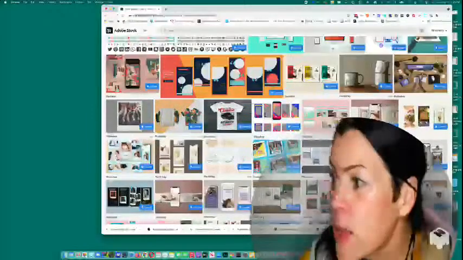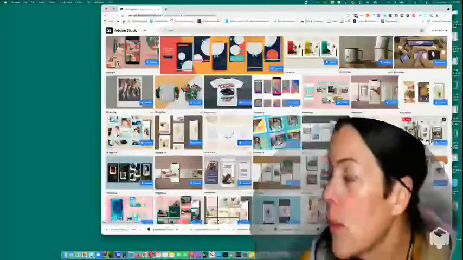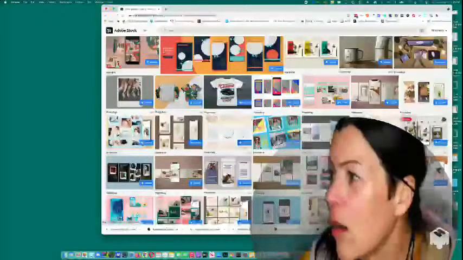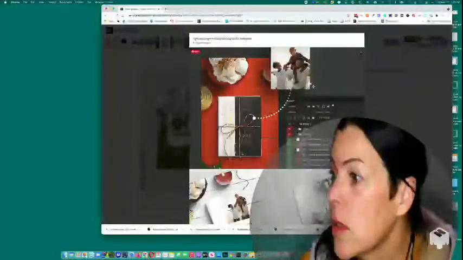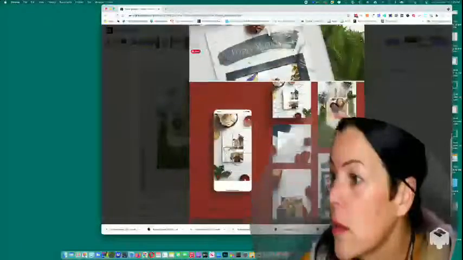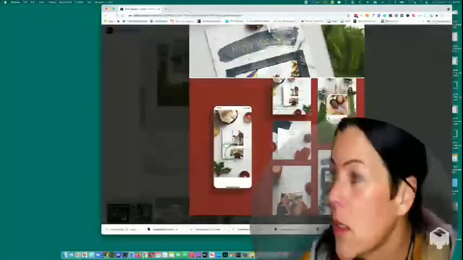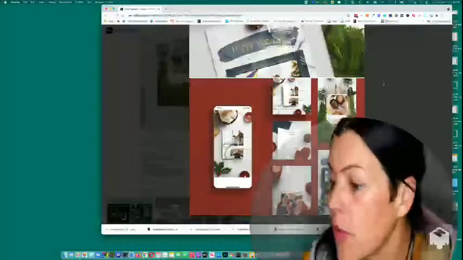Little shapes. I wonder what this... All right, let's check. I think this is a holiday. Let me look at this. Yeah, this is like a holiday one. Light and bright holiday. Yeah, I mean, that's really specific.